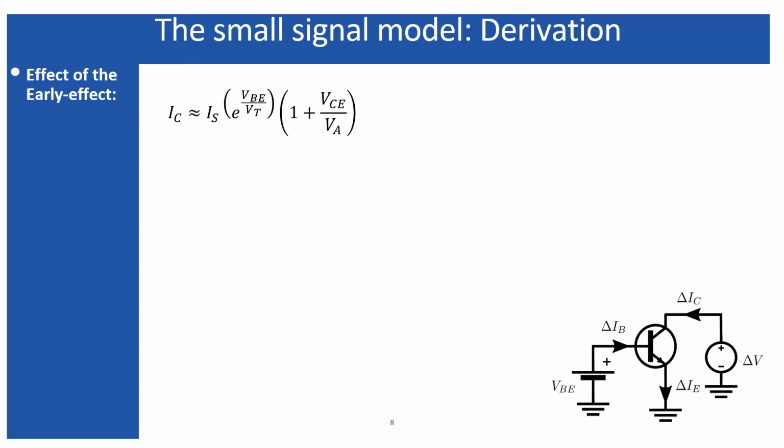Now due to the presence of the early effect, the collector current is not only depending on the VB, it is also depending on the VCE. So in order to understand the actual effect of the VCE upon this collector current, or the actual linear component we can use to replace this effect of VCE on the collector current, we have to do the differentiation of this collector current with respect to VCE, and that differentiation gives us an expression where the final expression includes IC and VA.